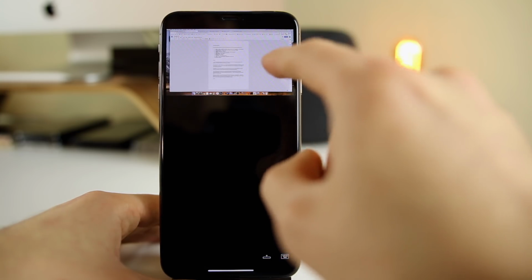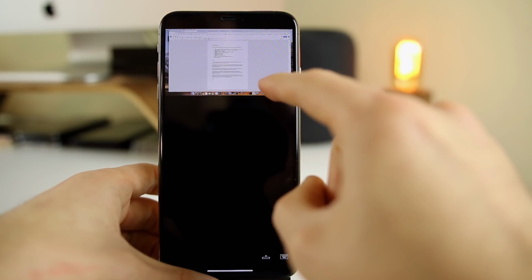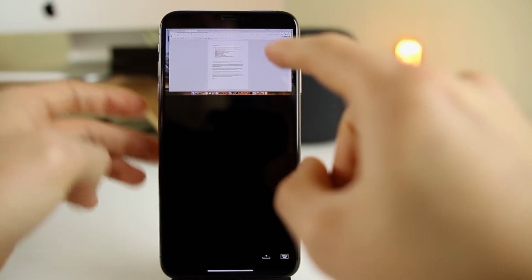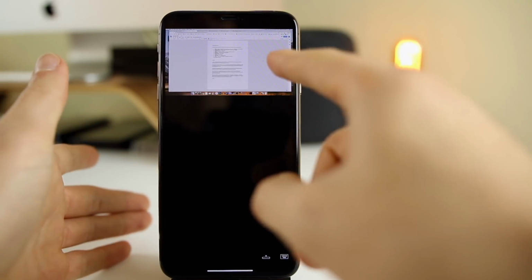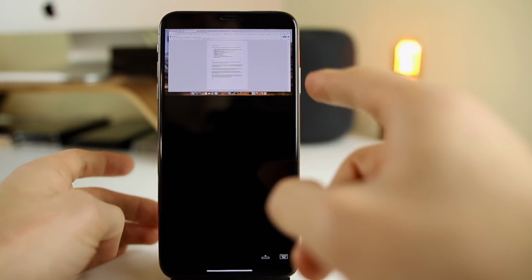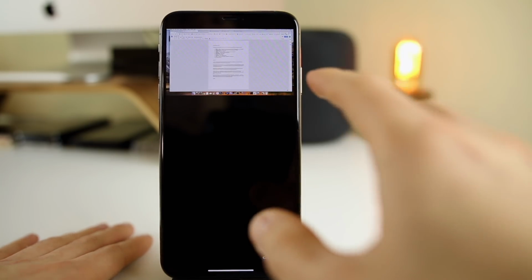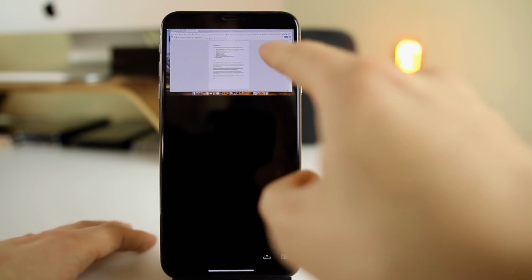Now, not only can I go in here and view what's on my desktop, but I can actually go in here and type things. I can save things. I can upload a video. I can view the file system on my Mac and upload that video from my file system to YouTube. I could do so many things. I could pretty much do everything that my computer can do from my iPhone, just using my fingers instead of